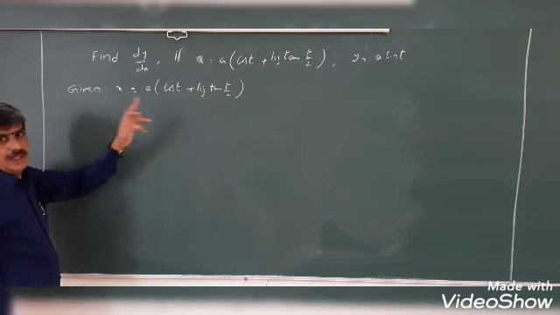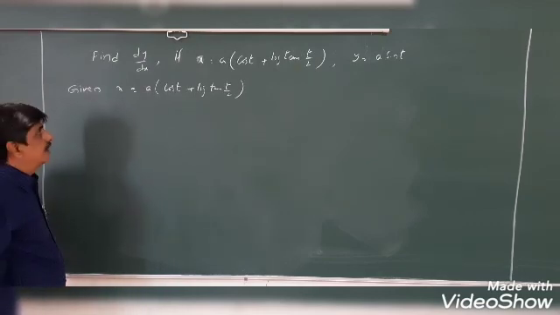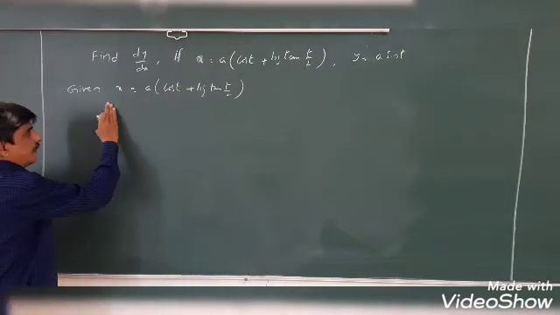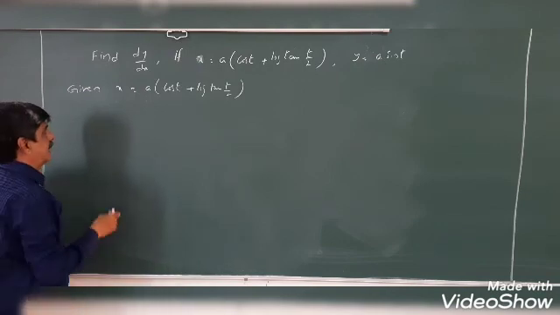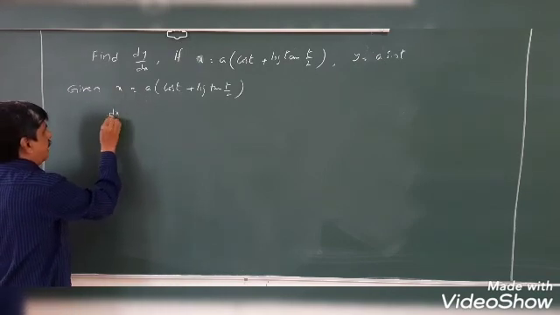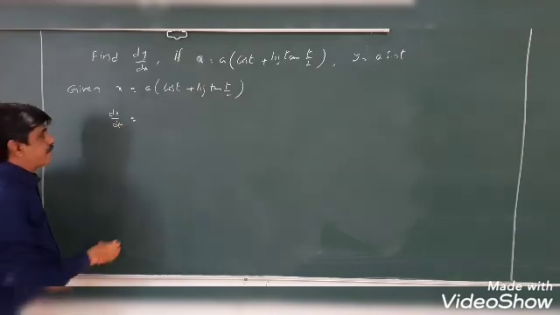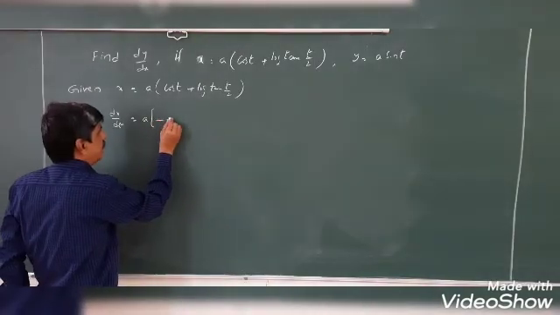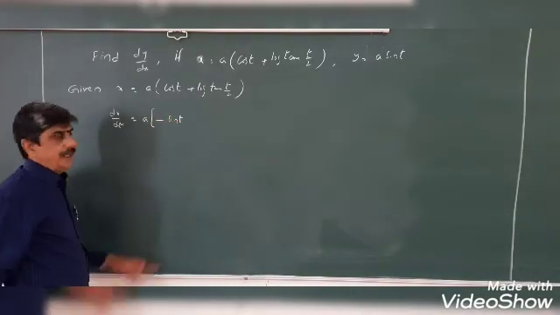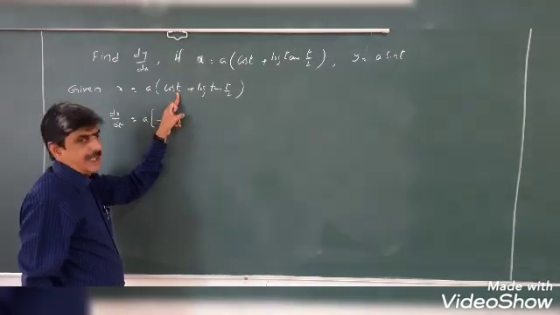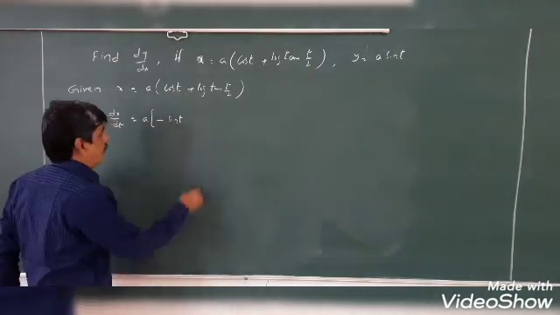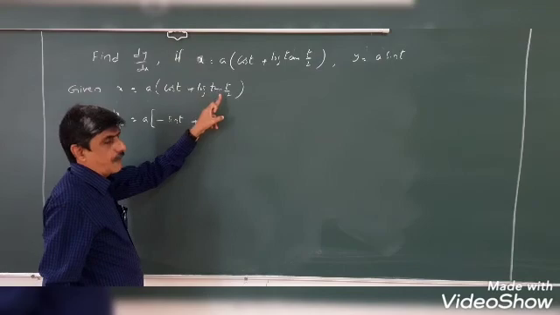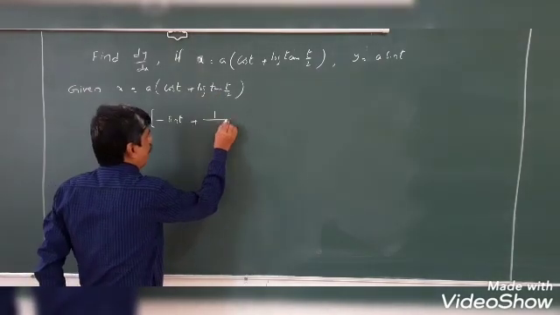So first dx by dt we want to calculate. Given x is equal to a into cos t plus log of tan t by 2, differentiate with respect to t on both these sides. d by dt of x we will write it as dx by dt is equal to a into d by dt of cos t is minus sin t. In the place of t only there. d by dt of t is 1, plus d by dt of log of tan t by 2. d by dx of log x is equal to, we will write it as 1 by x.